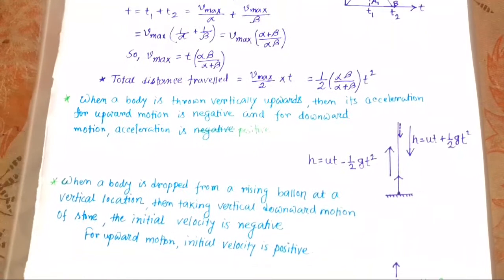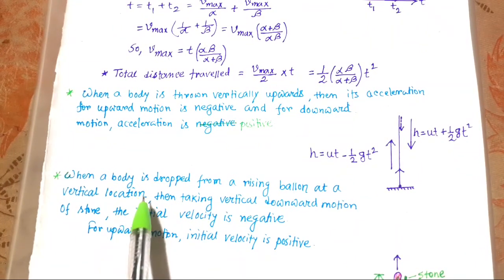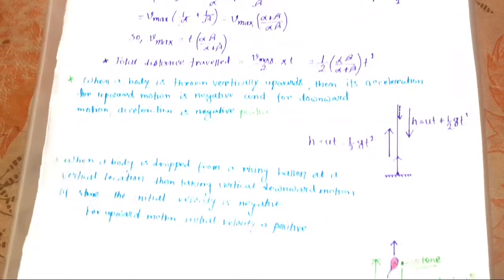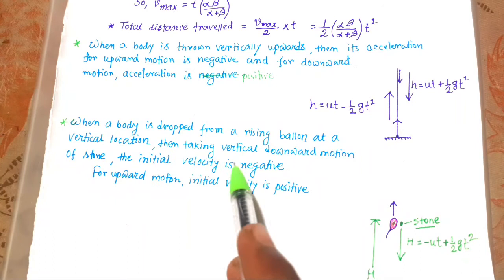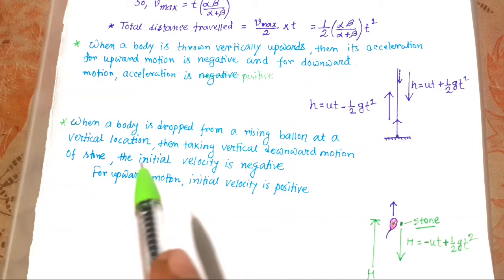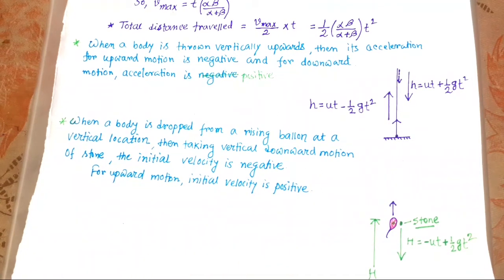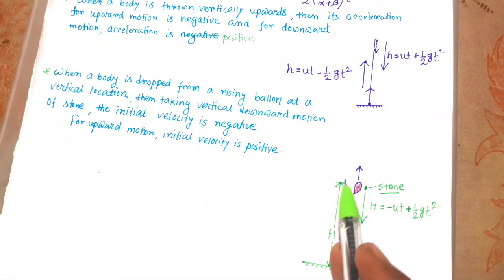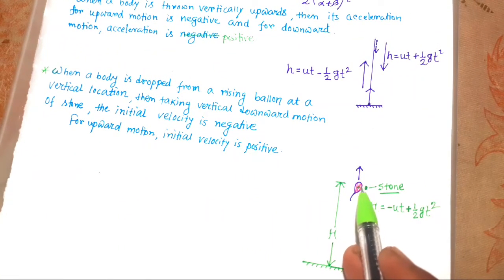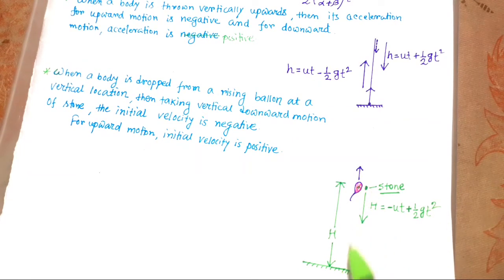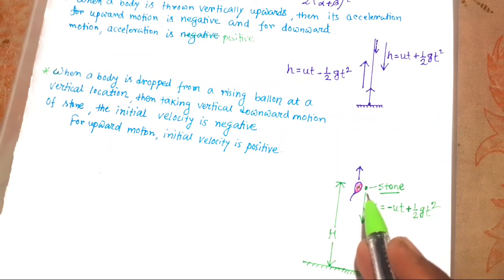Now number 3. When a body is dropped from a rising balloon at a vertical location, then taking the vertical downward motion of the stone, the initial velocity is negative. Now understand the matter. So this is the balloon, and this is the stone. Now the stone is dropping at this height from the ground, that is capital H,